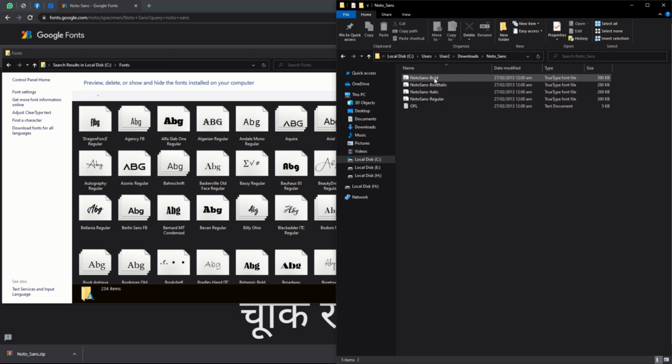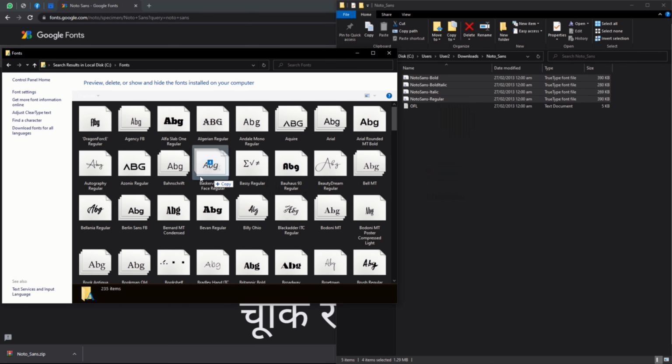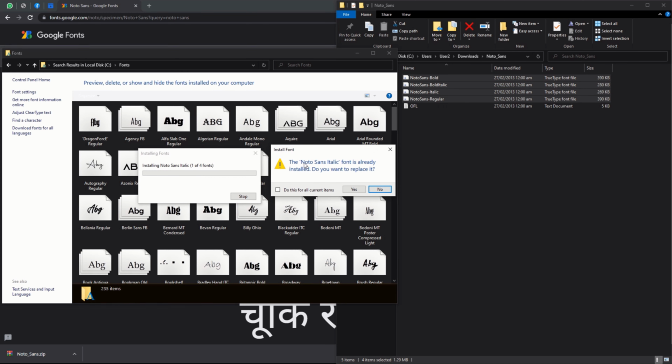So what we're going to do is go to our downloaded Noto Sans folder, which we just extracted, and highlight all the fonts. Just click on one and hold shift and click on the last one, and drag and drop them in that folder, and they will install for you. And in case they were already installed, they will trigger a warning or an alert which asks you whether to replace them or not. So we're not going to replace them at all,